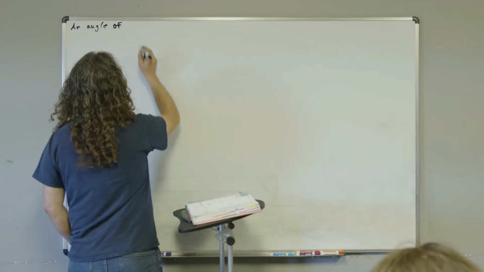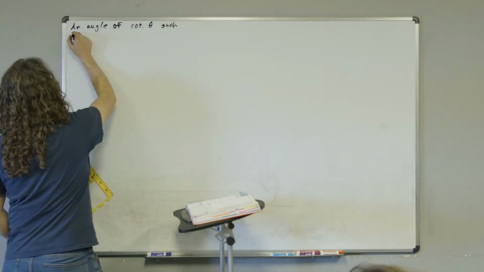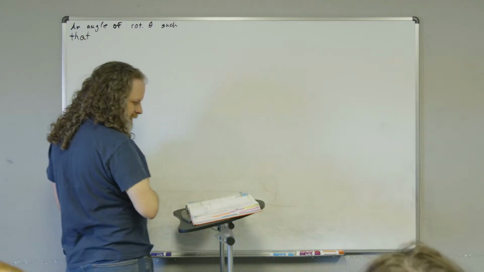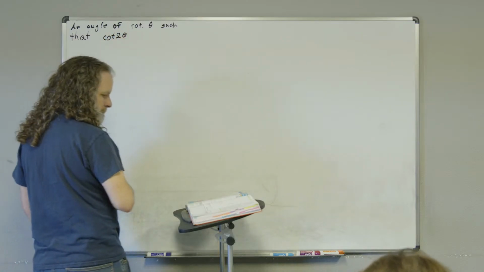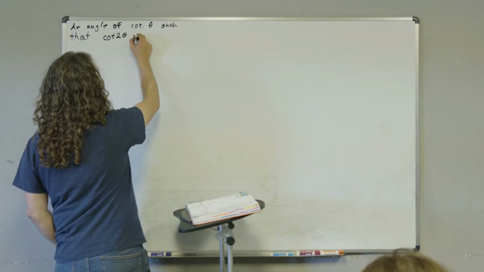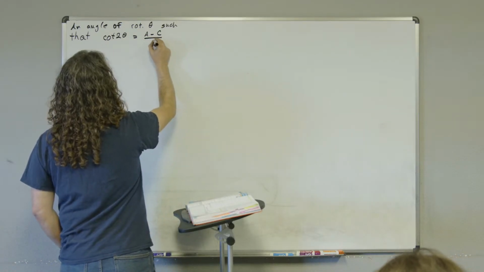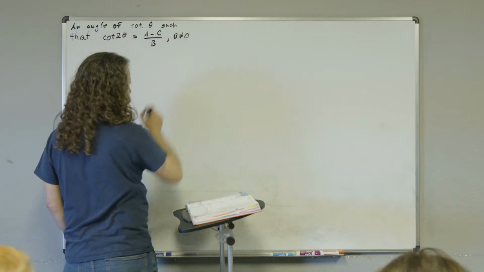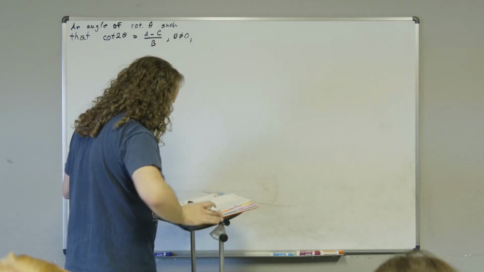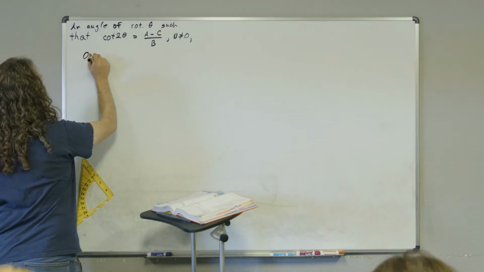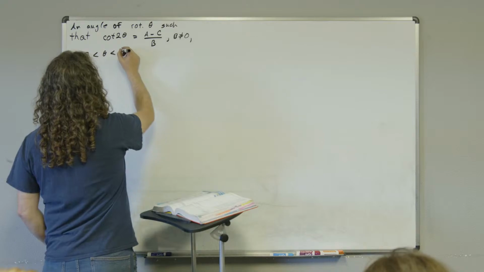An angle of rotation theta such that cotangent of 2 theta equals A minus C over B, where of course B is not equal to 0, and theta between 0 and pi over 2, yes? Yes. Pi over 2